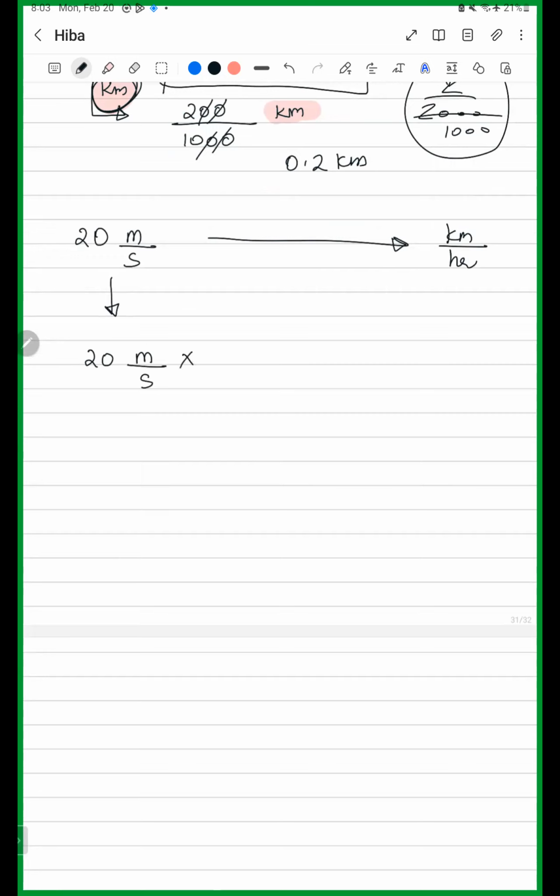Now I am telling you what we are doing. We are going to convert this into kilometer per hour. Now listen carefully to what I am thinking, my thought process. Okay, 20 meters per second. So here I have meters in the numerator, so I need something like this. First of all, I'm going to put meters in the denominator, so that this meter and this meter will